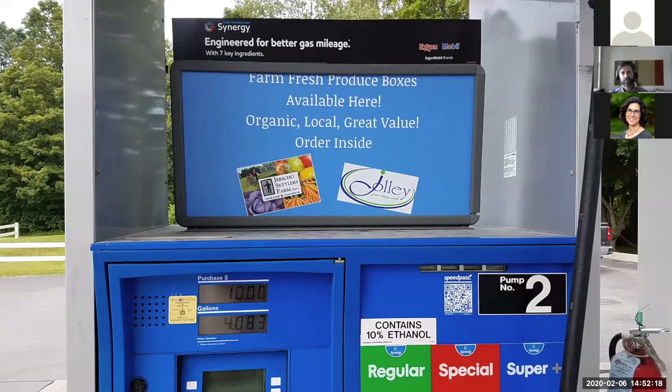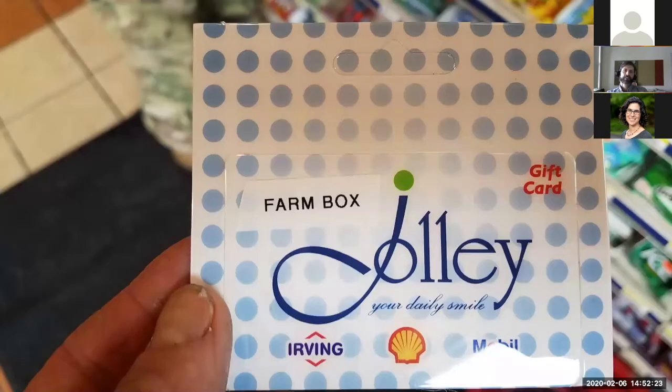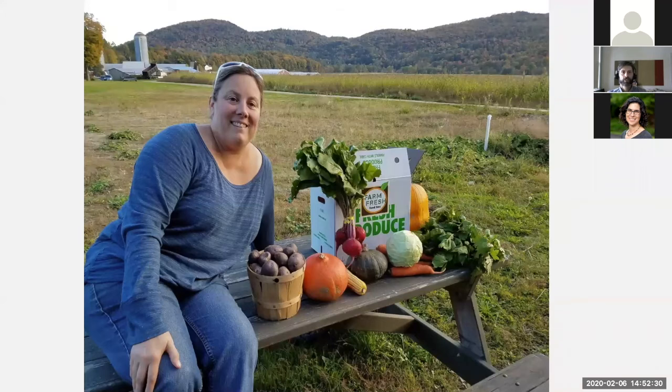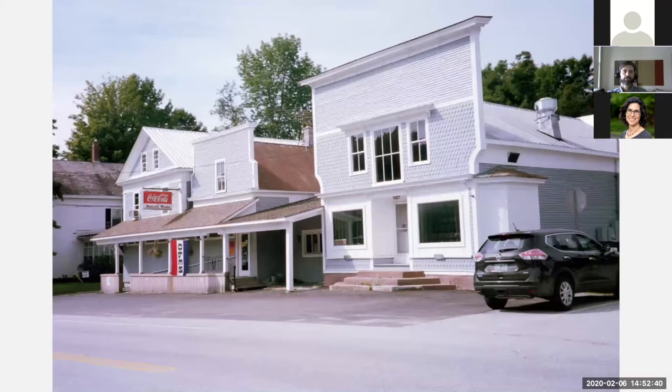And look at that. Have you ever seen an advertisement like that on top of a fuel pump? And they had a gift card. So they had some marketing power behind this. It was a quite cool project. And here's Joey. I don't know if Joey's on the call today, but she was going to drop in, and she's up in northern Vermont, selling to a very rural general store that was perhaps a little too far away from her, but really in need of some fresh produce. And there's the store owner